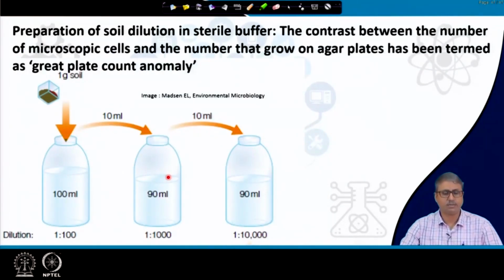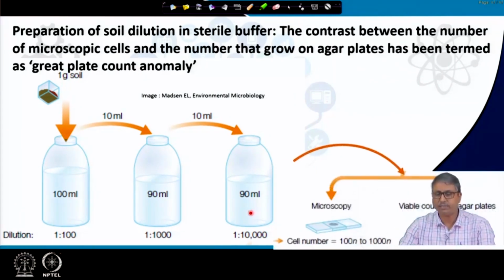So, for example, in this simple example, we can see the preparation of a soil dilution in a sterile buffer. If we take 1 gram of soil and dilute it serially up to 10,000 times, and then plate, maybe 100 microliters spread onto the plate, as well as 100 microliters or a subset of that, we can see under the microscope. We will see that if under the microscope we are able to count maybe 100 cells or 1000 cells, on the agar plate only one cell is going to appear. So, what I was referring to earlier, that 1 out of 100 cells will actually grow on an agar plate or give